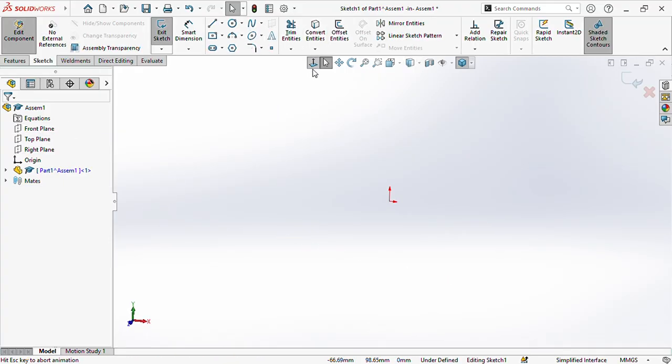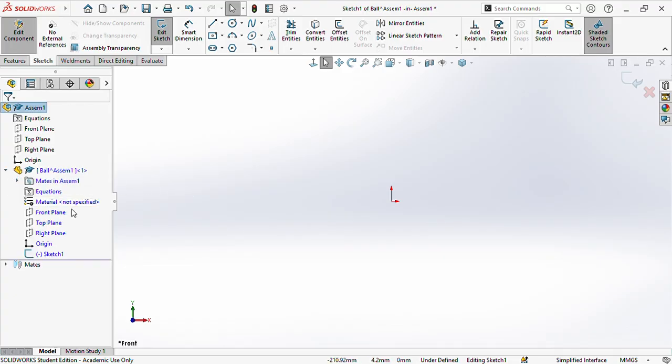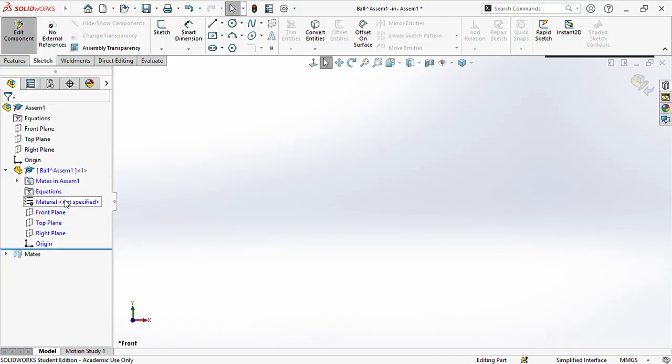Here you can see a part called part 1. We will right click it and rename this item. We will call this ball. So here you can see a ball is written. Now expand this item, then go to front plane, click on sketch,